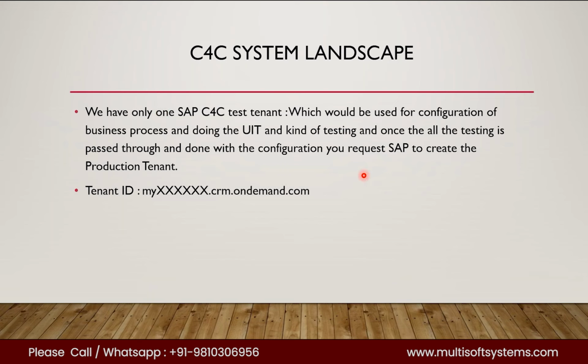So initially, SAP will give one test and one production tenant, right? No. Initially, SAP will give us a test tenant. We will be building up each and everything over there. Once everything is configured, then we will request SAP to give us a production tenant and move all the configurations to our production system. That is known as the live system. So as a package, when we are buying a C4C system, test and production will be given, right? Only two systems will be given. Yes, test and production. We can also request a new tenant if required. That is something which I will be guiding you on when I show you the system.